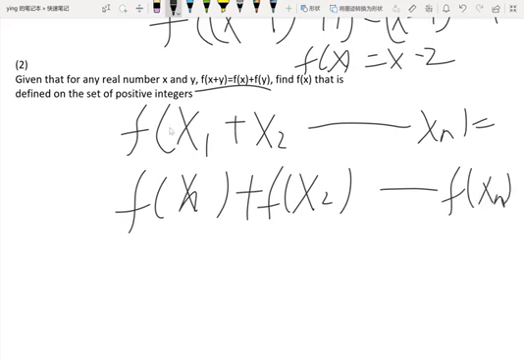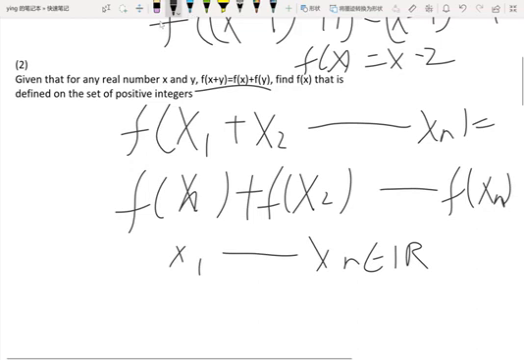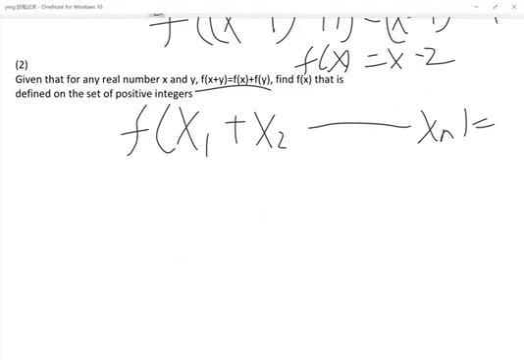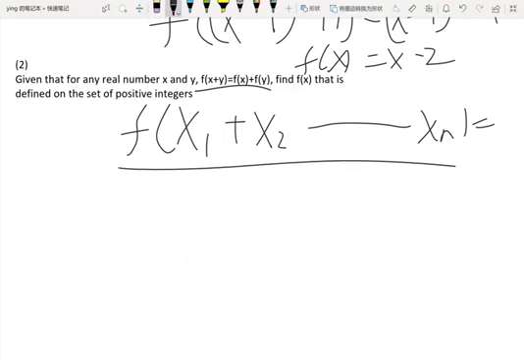And x1 to xn must be real numbers. We want to prove the following relationship. So how do we do it? Imagine you have this expression, and you can divide it into x plus 1 plus